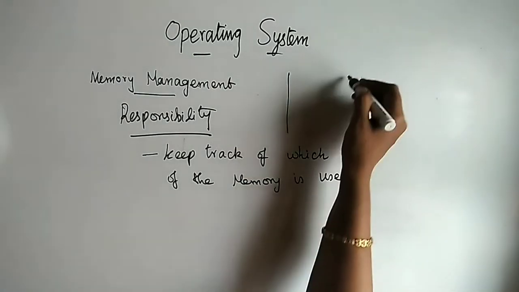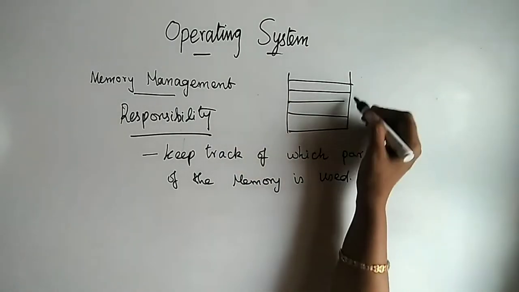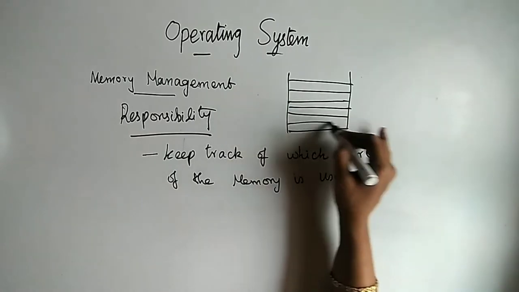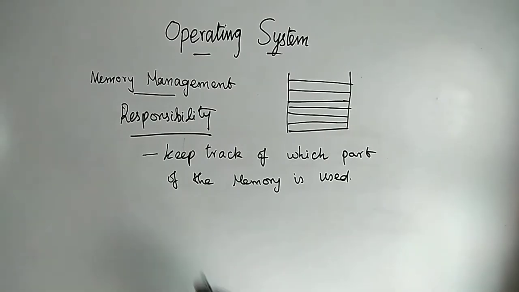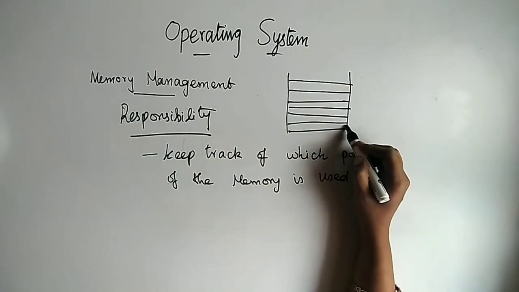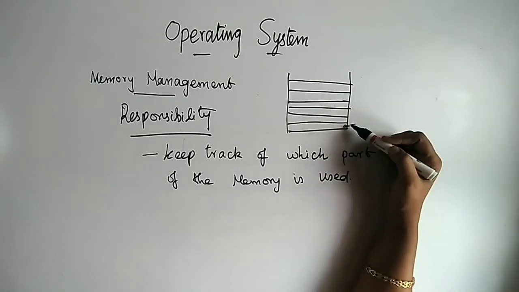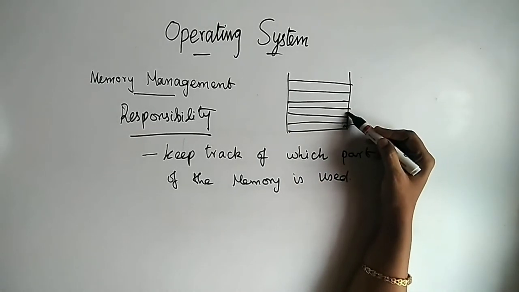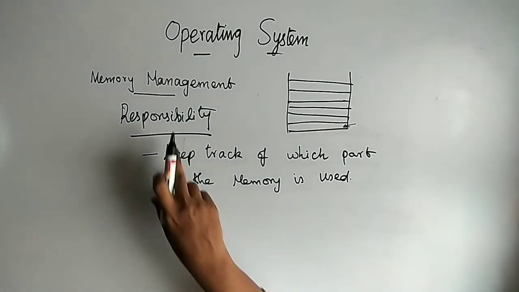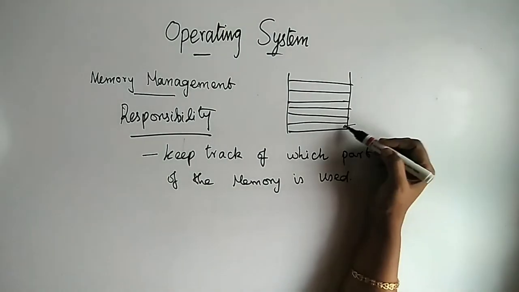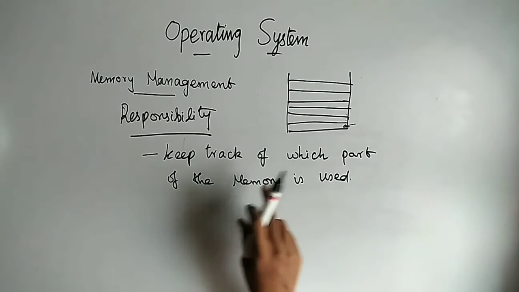Already in the previous computer organization lesson I taught you. So consider these are your racks like memory. Here each and every area will be used by your computer, and this operating system must keep track of which part is being used by now. So the first part has this, second part has that, third part has this — who must keep track of this? Yes, in the case of memory management, it is the responsibility of the operating system to keep track of which part of the memory is currently being used.